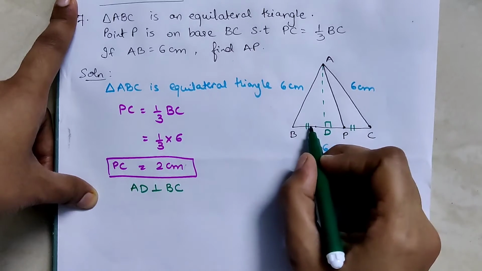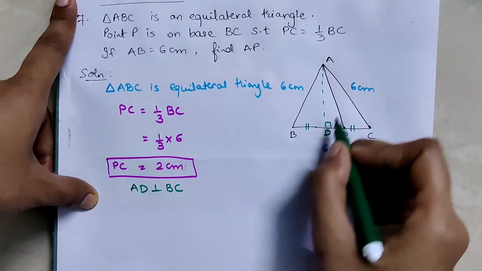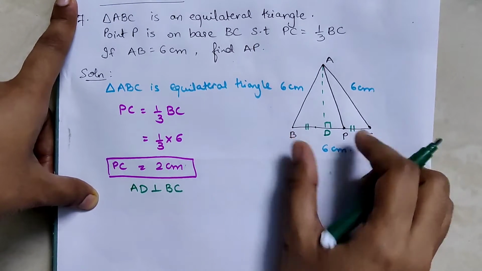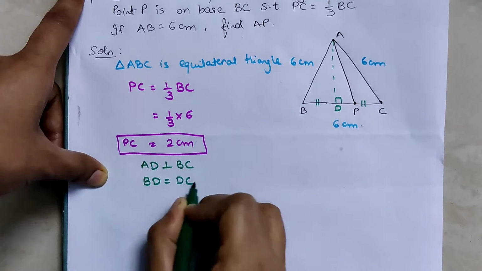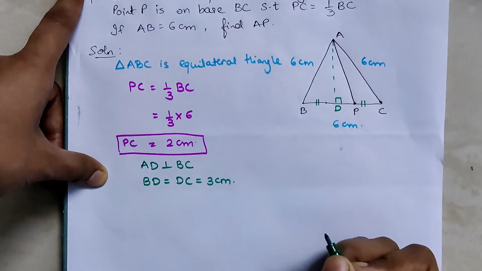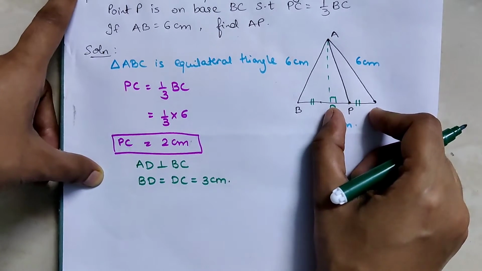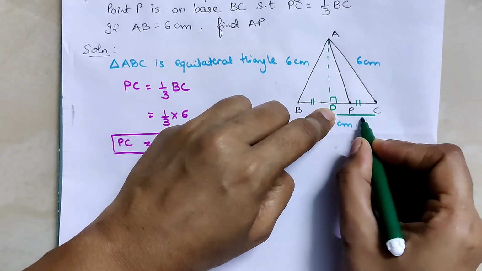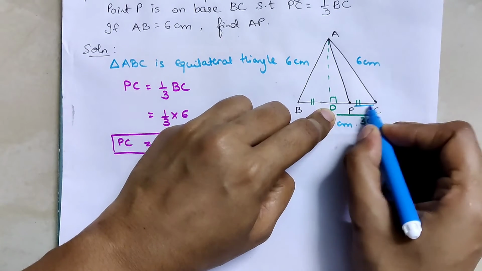Okay, why is it bisected? Because it is an equilateral triangle, and when we draw this perpendicular in an equilateral triangle, the base of the equilateral triangle is bisected. It means that BD is equal to DC, and since BC is 6 centimeter, it will become 3 centimeter each. BD is 3 centimeter and DC is 3 centimeter. Now you all can see, since DC is 3 centimeter, and PC we have found as 2 centimeter,